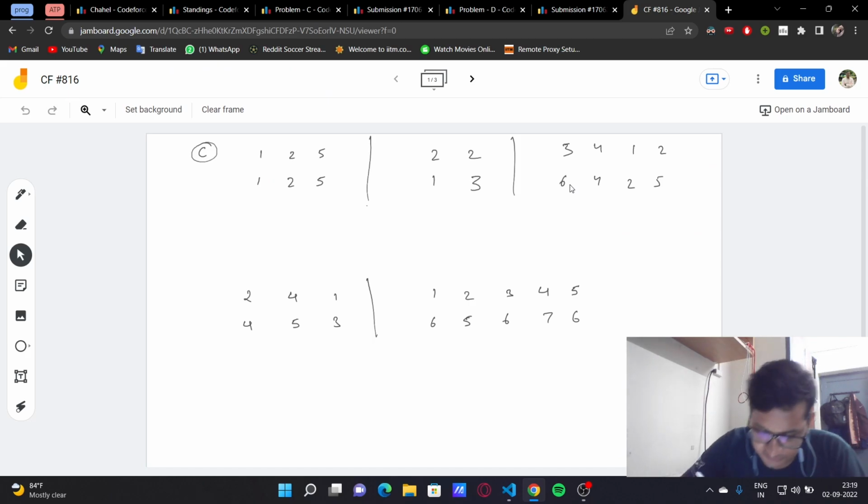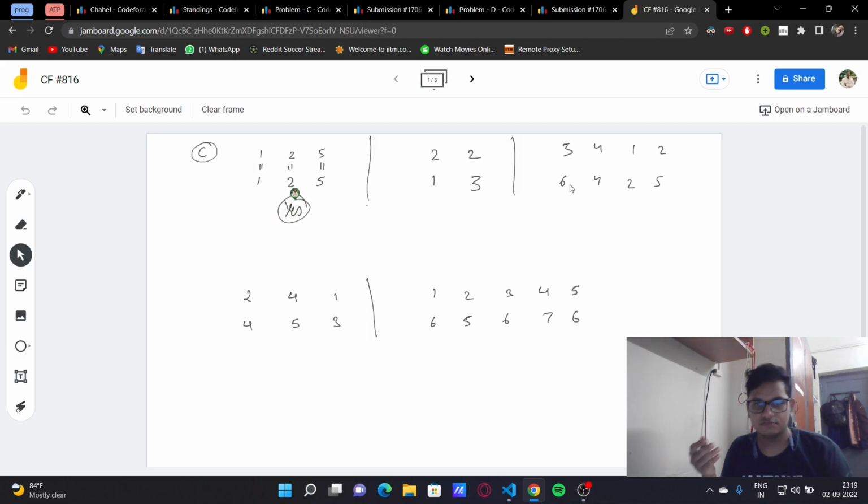Now, if you see in the first test case, all the elements of A and B are directly equal. So in that case, it's obvious that we can do it, and the answer for this test case will obviously be yes. Now, why are we solving the test case? Because if you just read the problem, it's hard to get an idea directly. But while solving test cases, you might come up with some observations or ideas,